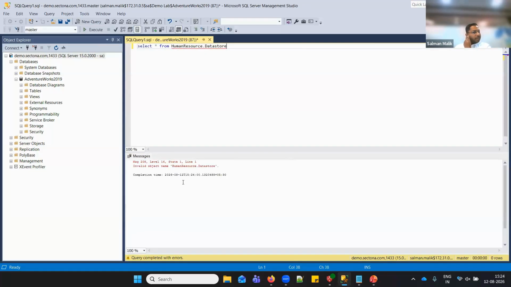So here, whatever query I execute and the output which is visible over here, this will be my native experience as an end user with the database connection.